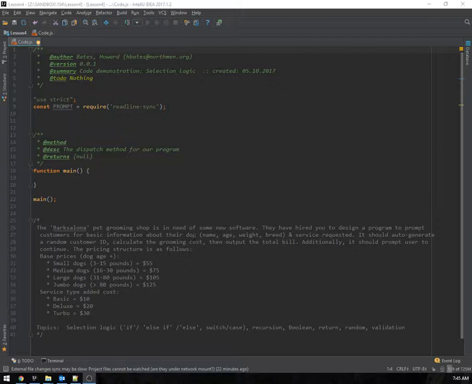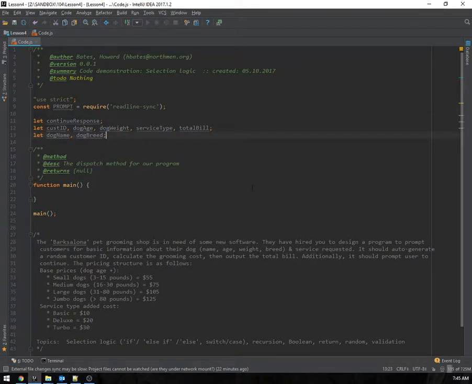We're also going to have dog name and dog breed, so those are going to be string variables, where the other ones that I mentioned are going to be numeric variables. And I am going to have one Boolean variable, but I'm going to make it numeric, and it's the continue response, so 0 for no, 1 for yes when I ask the user, would you like to continue? So let me go ahead and put in my global variables right now so you can see them,